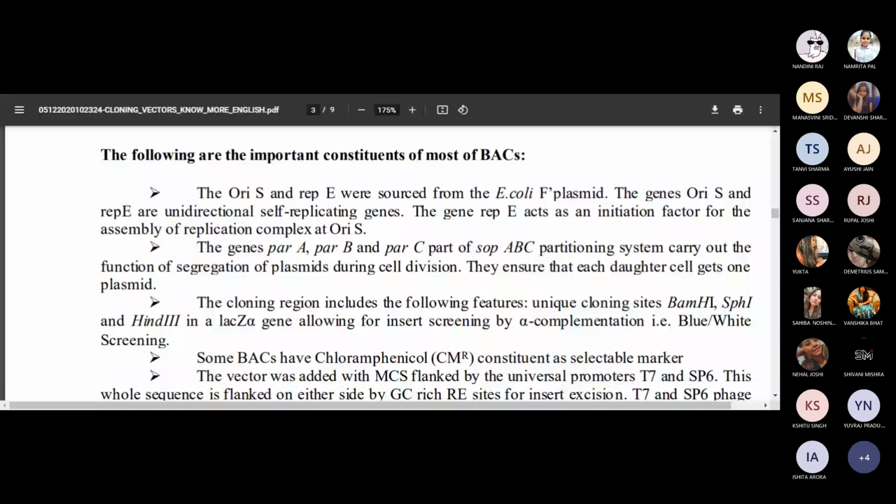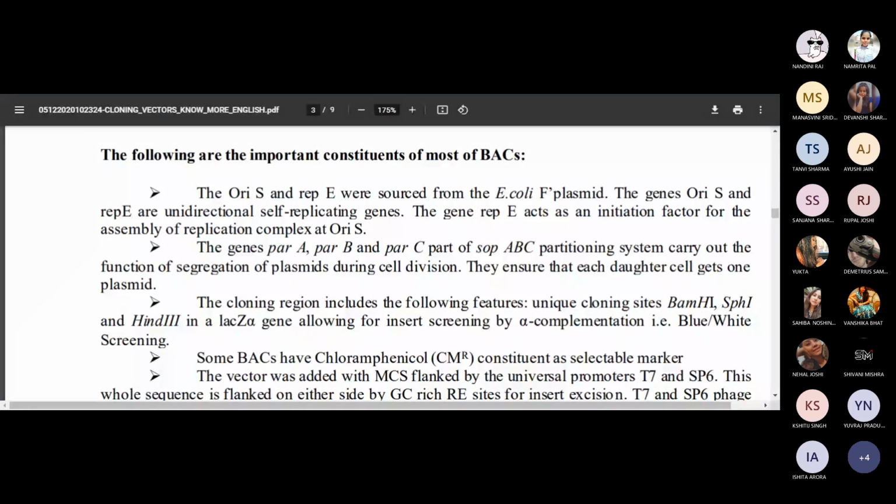And along with the replication, the transfer of these large-sized fragments to a daughter cell is also a very good question. Why is it going to be a question? Because here the replication is not so high, the copy number is not so high, that when the cell divides, one or two cells will definitely have this vector. One more thing is that when we are carrying these plasmids, for a cell it is a burden. The cell does not want to carry it to the next generation, so it tends to lose it. So for that we need to maintain the plasmid within the cell.